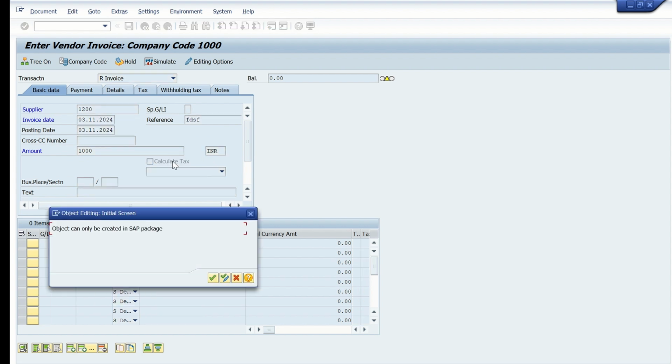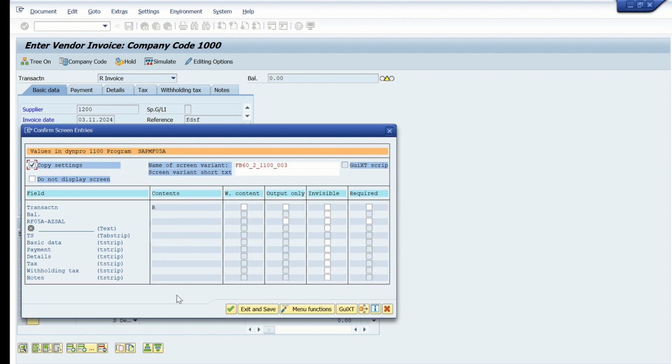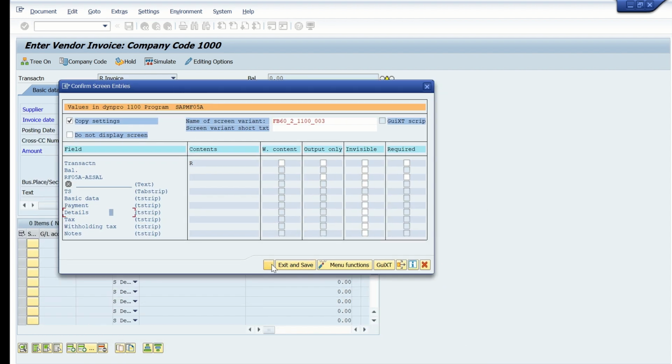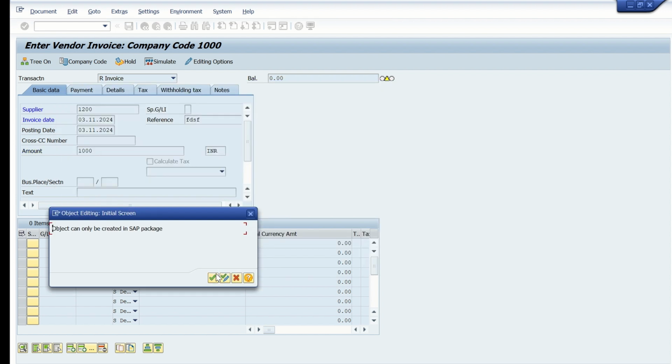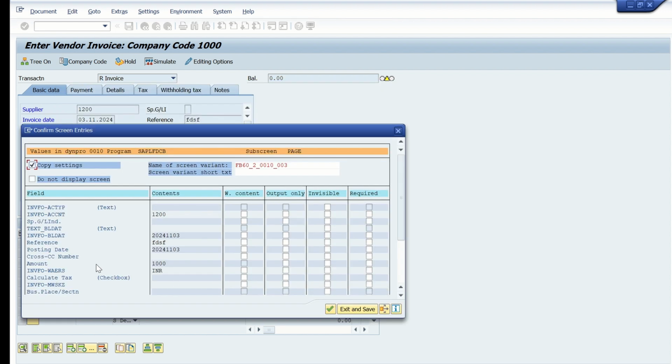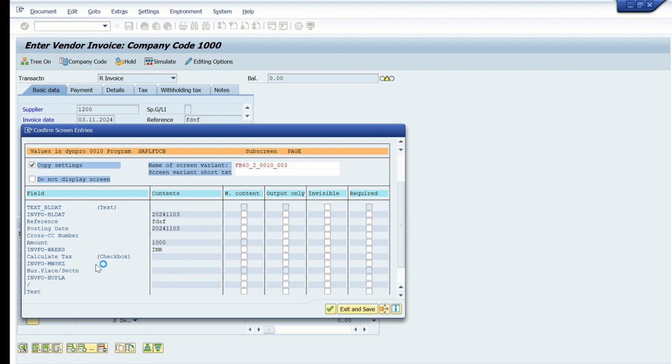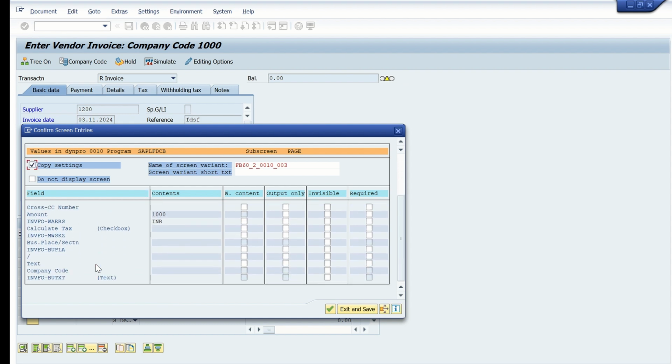Just remove this default checkbox also so that we can get this field also in the list. Now continue, check here, do you see any field here? Calculate tax is not captured yet, so click on continue and again continue. Now let us see if we found that field or not here. Still we are not, yeah, it is there, right? Calculate tax. So here we need to select this checkbox output only and then click on exit and save,